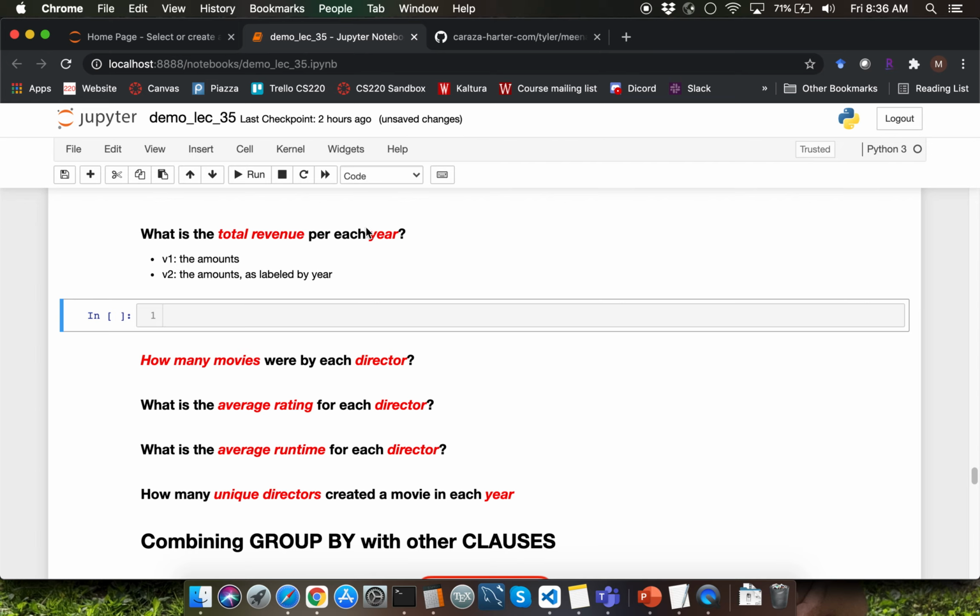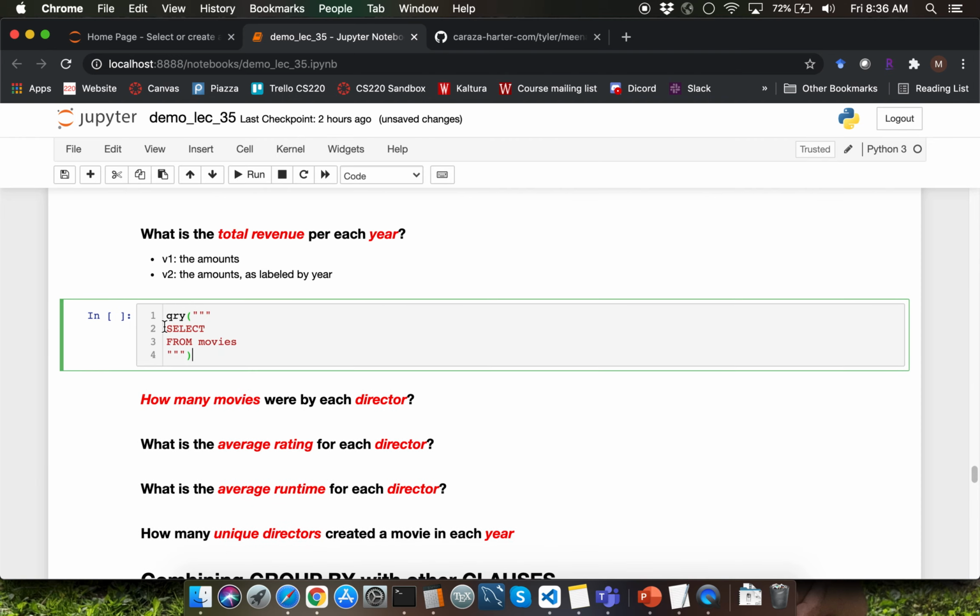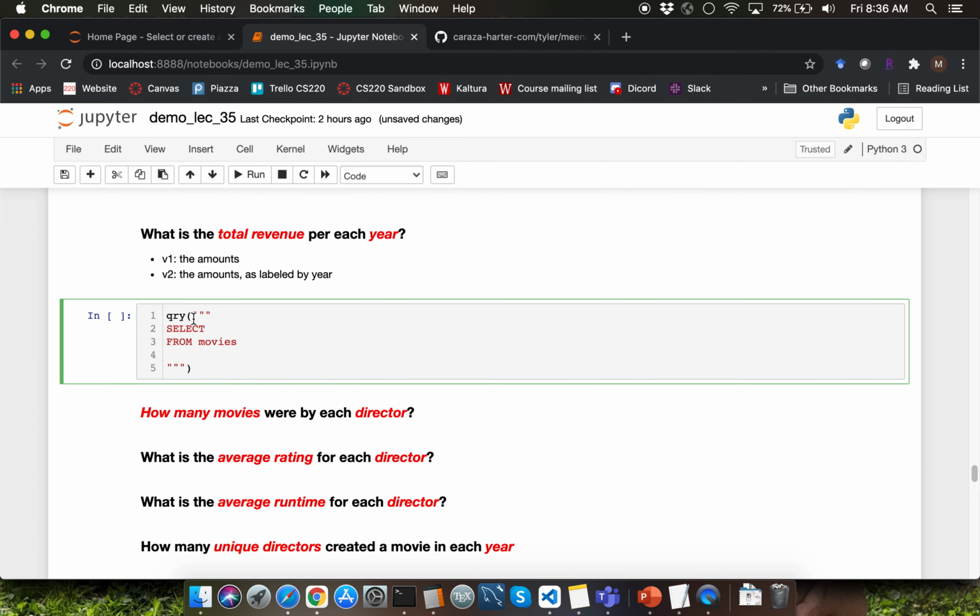Whenever you have the phrase per each, by each, for each, or in each as part of your analysis question, it is likely that you'll have to write a group by clause. Let me create a query shell. I have select clause, followed by which I have the from clause where I'm mentioning the name of the table as movies. Let me type the group by clause after that. I'm going to copy this shell and use it to answer the questions as part of this section.